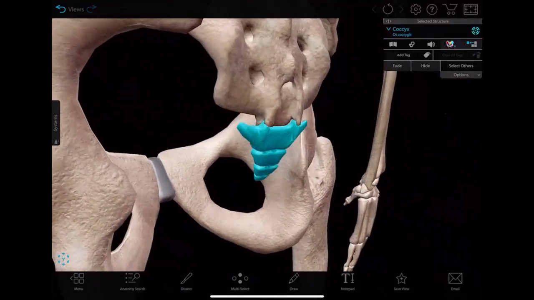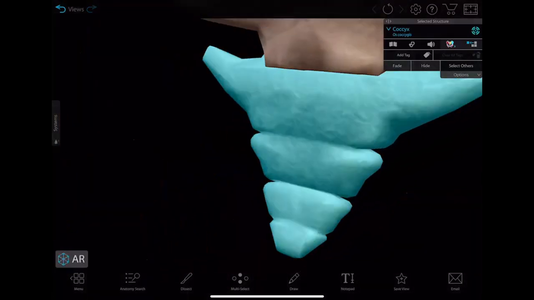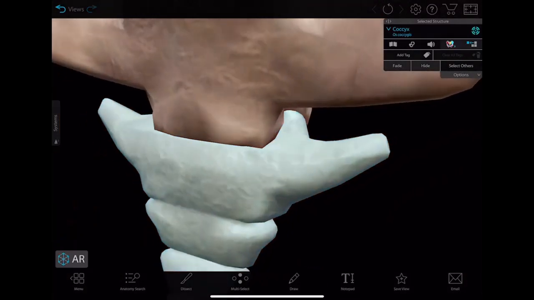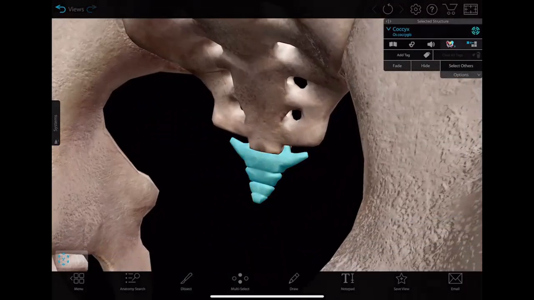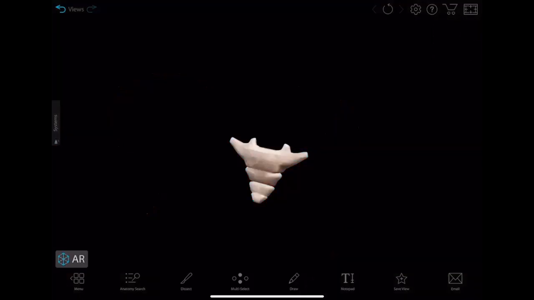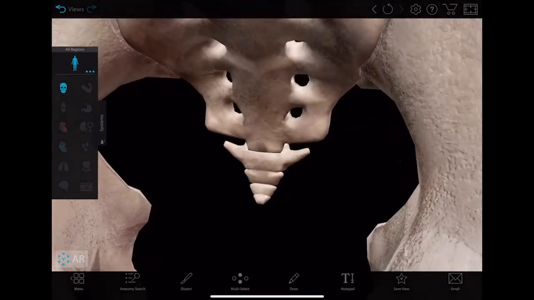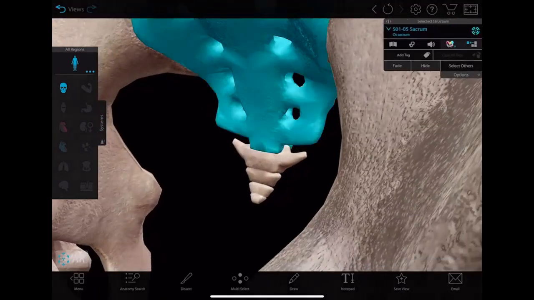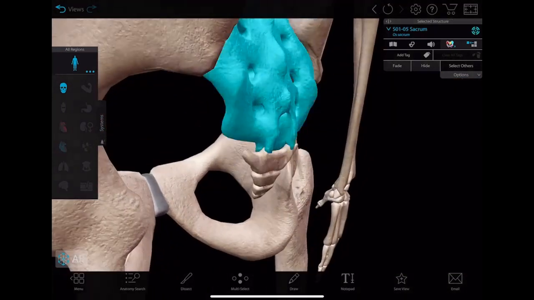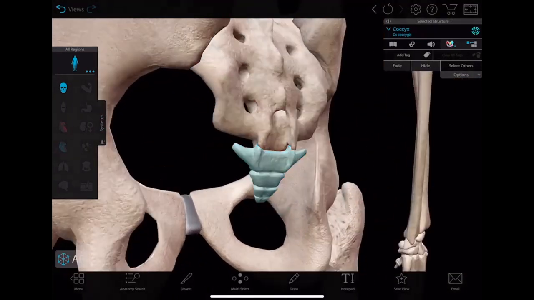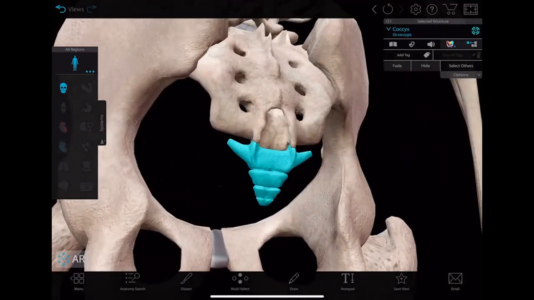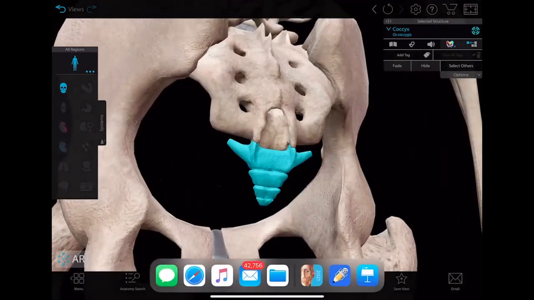Okay. So there is an articulation between sacrum and coccyx, right? You see how it sits like that. See, this is the sacrum. That is the articular facet, right? It has base, apex, and surfaces. You see, this is how it articulates with the sacrum, right? That is the sacrum, and this is the tailbone. Okay, all of the bones of the coccyx are fused together, right?